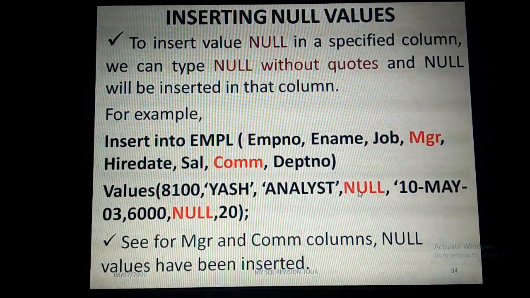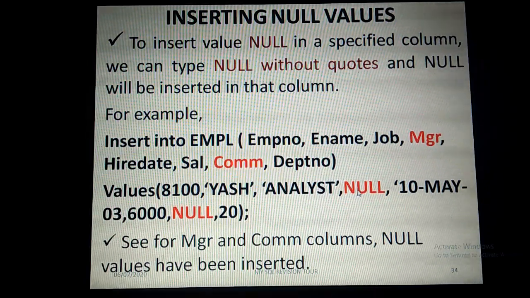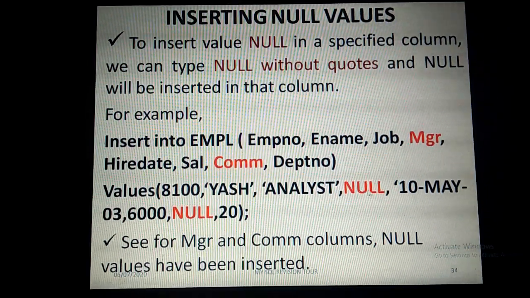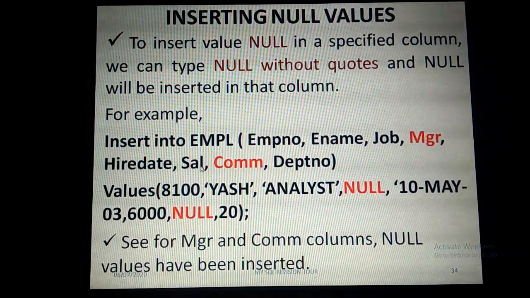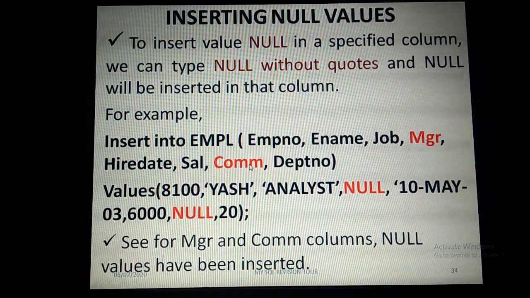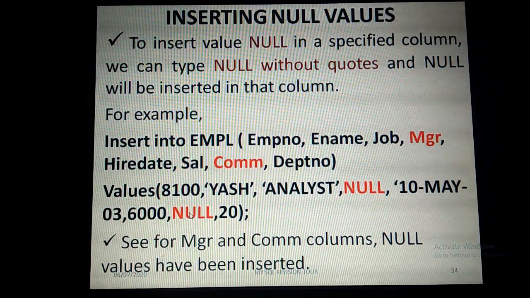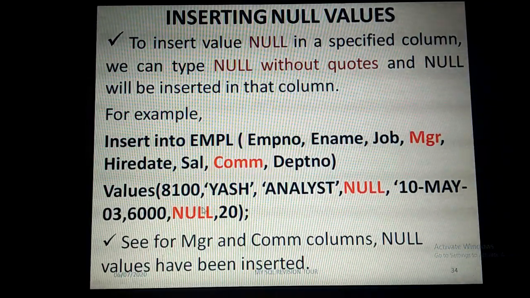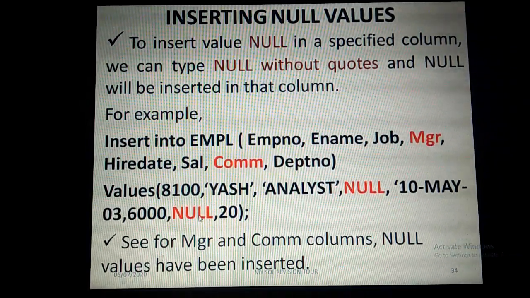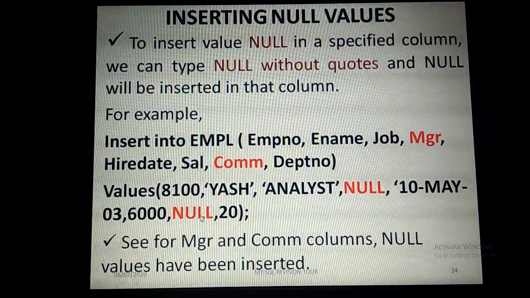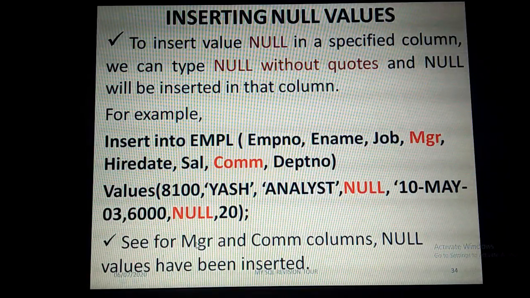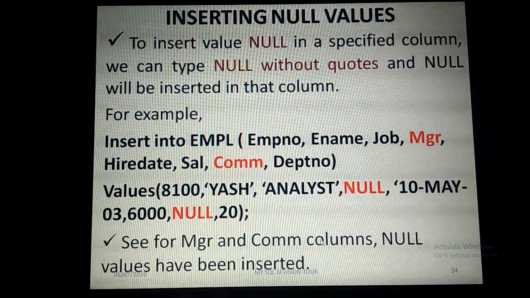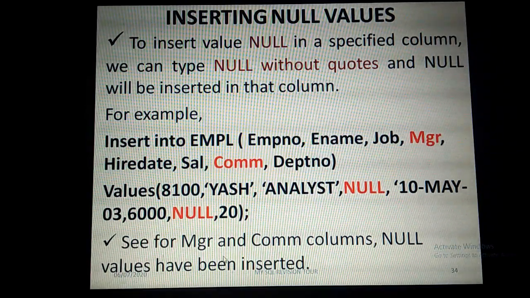Null here is entered as NULL without single quotes or double quotes. The remaining fields are entered as they are. Then for the commission part, here also we need to enter the null value, assigned without single quotes. So like this we can assign null values to a specific column. Here if you see, in the MGR and commission columns, null values have been inserted.